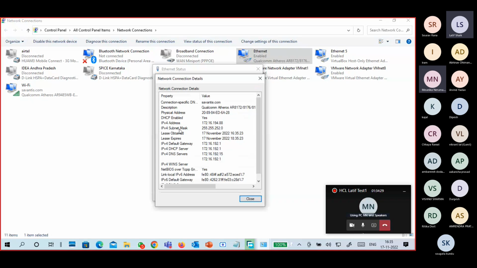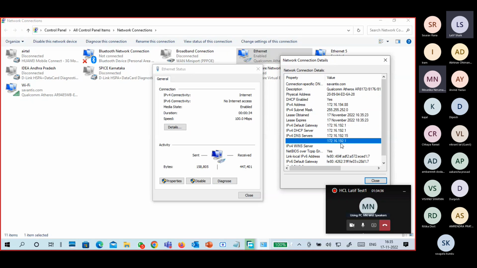You got an IP address, a subnet mask, default gateway, and the DHCP and DNS addresses. Also you can see here it is a different subnet mask. Why? Because it is a subnetting network. Subnet it is.